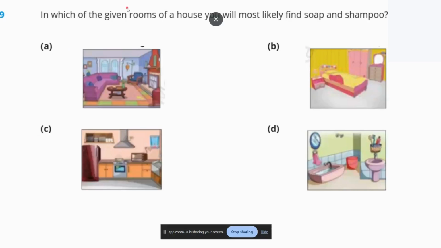Next. In which of the following rooms of a house will you most likely find soap and shampoo? So where do we find soap and shampoo? It is the bathroom, isn't it? If you look into the images carefully, you will find out that D is the bathroom. So option number D is the right answer. Okay. Next,